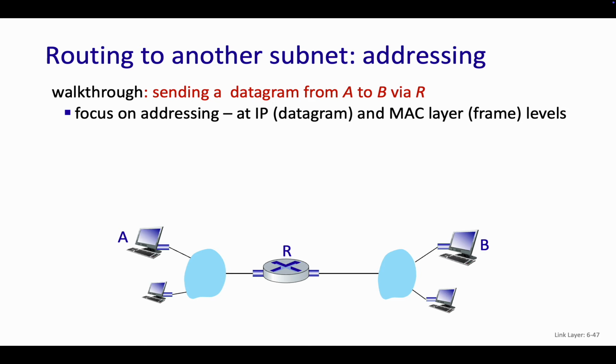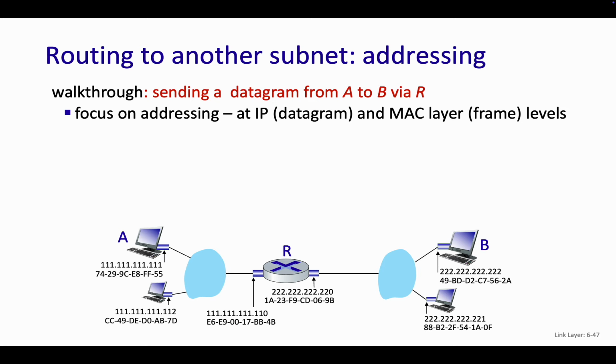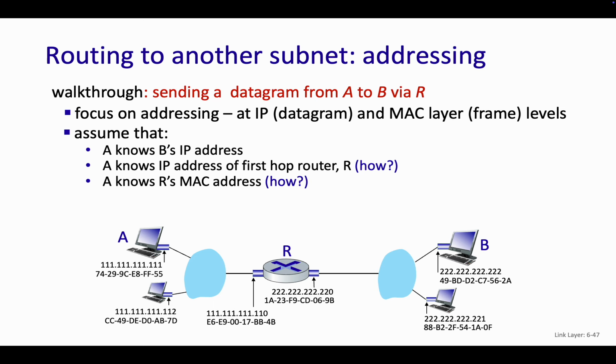Okay, so A wants to send to B. Let's assume that A knows B's IP address. How would it know it? It's given to it. Maybe you're told, oh, hey, go to ecn426.ua.edu, and that just happens to be on the same network. So somehow you know the IP address. That's common, to know the IP address, or at least the network name.